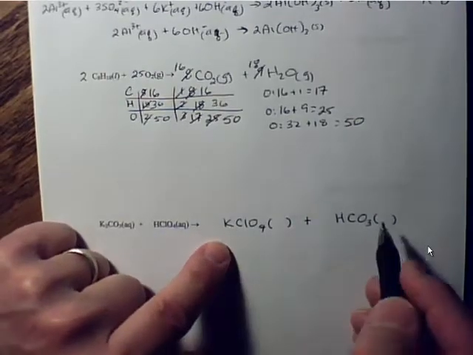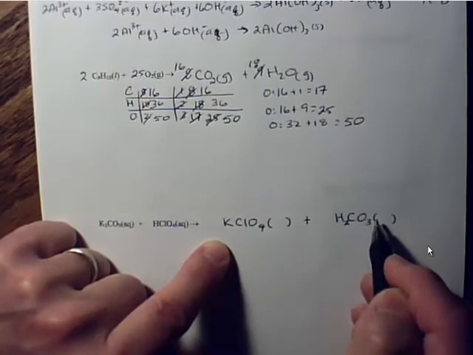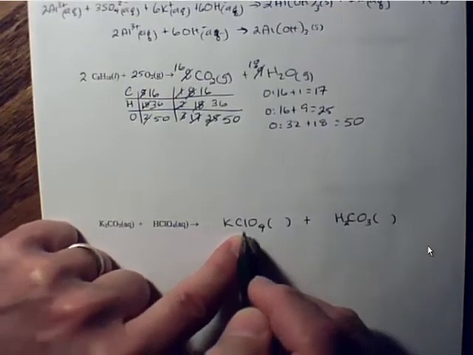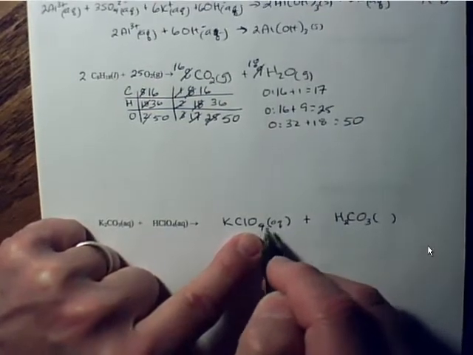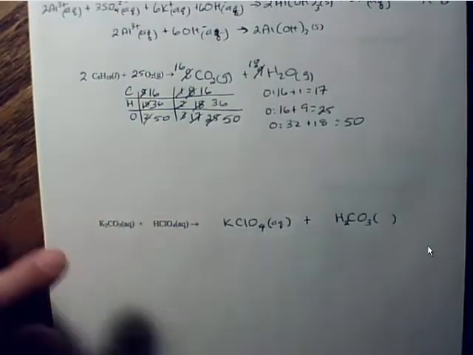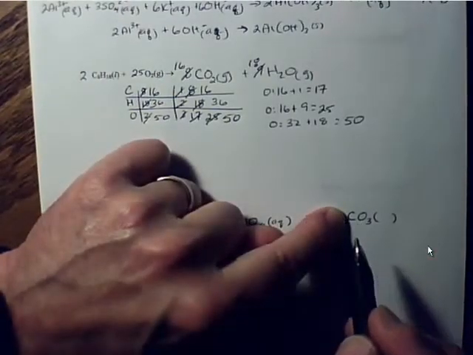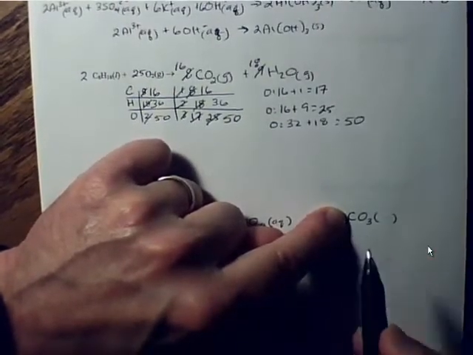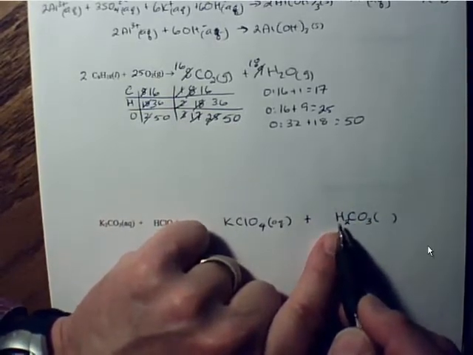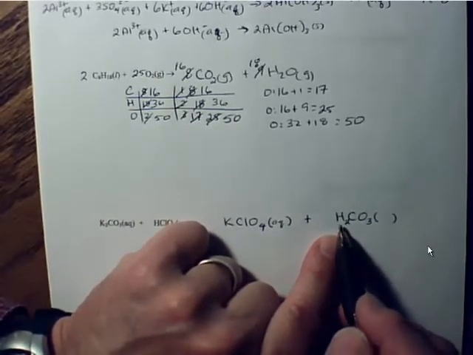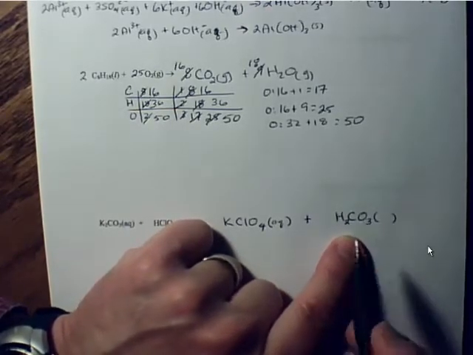All right. So we want to go ahead and balance this. We know we need 2 hydrogens for that carbonate because carbonate's 2 negative. Potassium's 1 plus, perchlorate's 1 negative. That's balanced, and that's going to be aqueous because both of these kind of compounds are always aqueous on the solubility rules. CO3 is one of the polyatomic ions you have to memorize, and it's CO3 2 negative. And if it has a 2 negative charge, hydrogen always has a 1 plus charge in acids. So you're going to need 2 of these to balance out the 2 negative